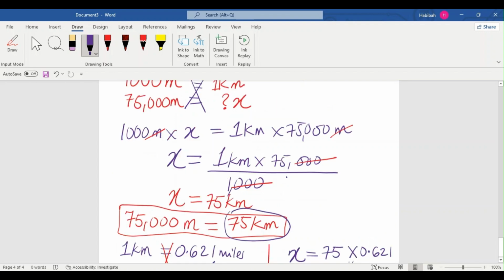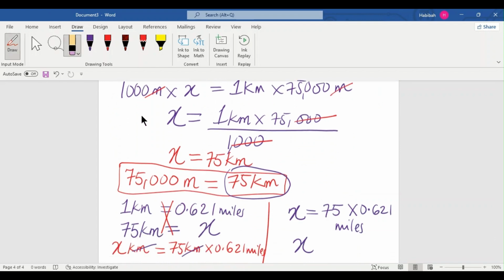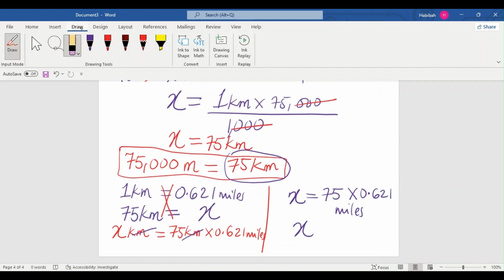I'm also using the unknown x here, but previously when I was solving it, I used the unknown y since we had already used x. So let me erase it and use the unknown y here. It doesn't really matter what the unknown is, but in math you don't want any sort of confusion. The important thing is we solve the question in a way where the teacher or anyone who looks at our work is not confused. So 75 times 0.621 miles, we just input that in the calculator to get